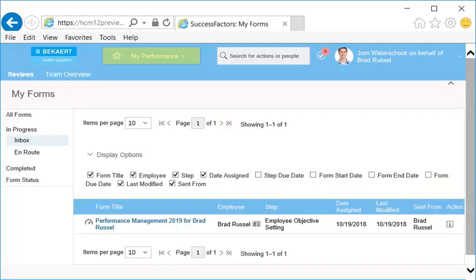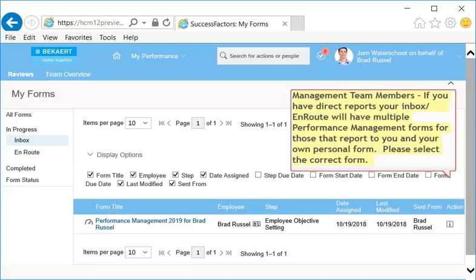After selecting My Performance, you will now be redirected to the inbox. Within the inbox, you will find the Performance Management form. Please keep in mind, if you are a manager with direct reports, you will have multiple forms, one form for yourself and the other for your direct reports. Please make sure you choose the appropriate form. The first for yourself if you are filling it out, and the other for your direct reports if you are